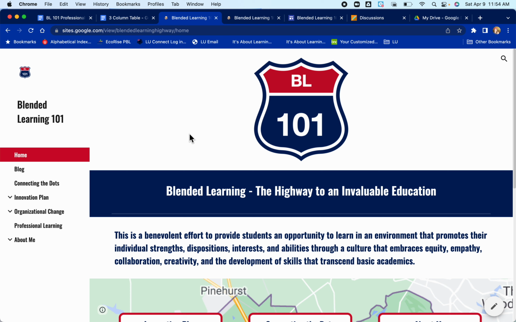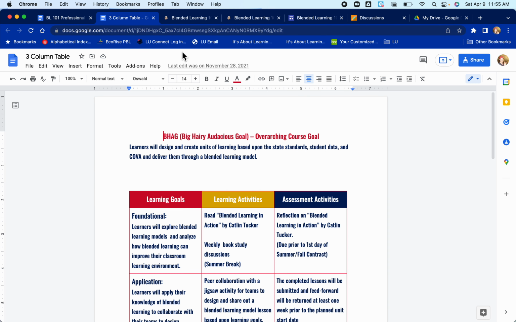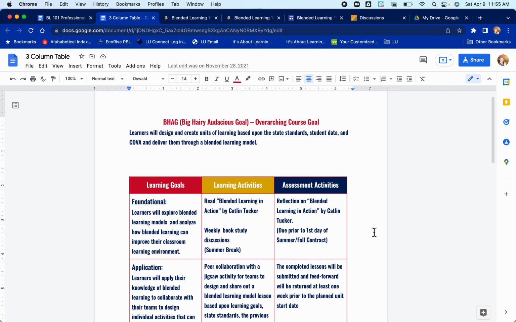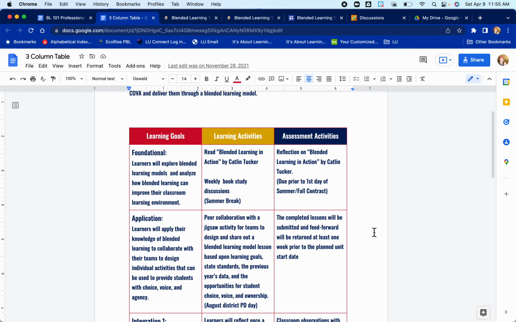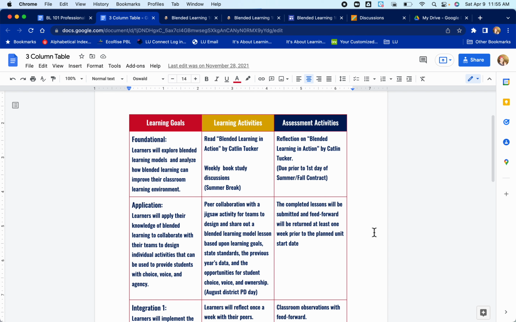When I considered the design of my audience, I relied pretty heavily on COVA, and making sure that there is choice, ownership, voice, and that there is a very authentic learning environment in that. In my design, the learners will actually be creating things that they will implement, and there should be a fair amount of feed forward, not only from myself and hopefully the other digital learning coaches in my district. I'm assuming that they would be on board with this because we do promote blended learning as it is,